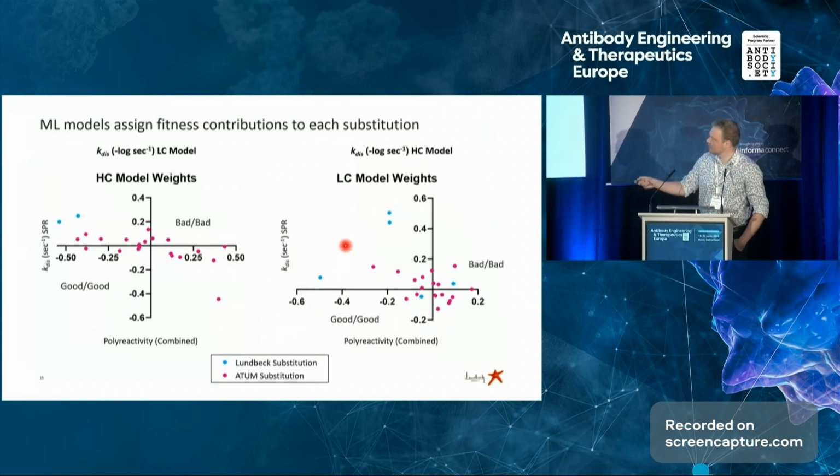So basically, we're looking for substitutions that are placing themselves in this quadrant down here. And as you can see, it's not so trivial just to find substitutions that would actually do good on both parameters. So it's actually really tricky to find just the right substitutions to have a gain on both.